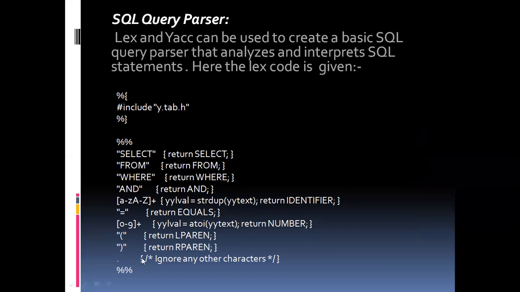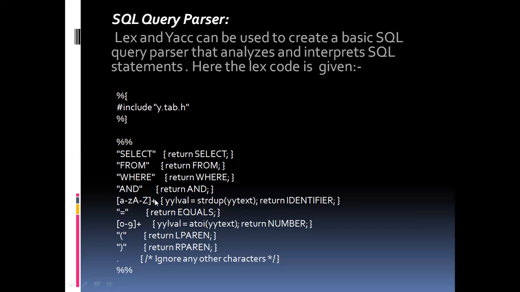So these are the header sections. In this, you see include y.tab.h. It contains all the tokens, so it will send it to the parser. Now these are the rule section. In these rules, all the rules and pattern matching will be defined in this section. That is select, it will return SELECT; from, return FROM; where, return WHERE; and return a-z